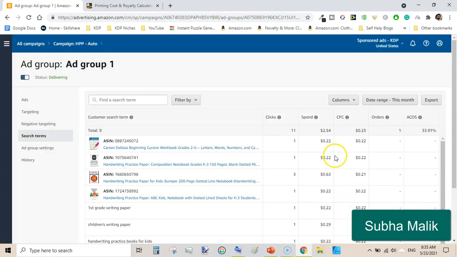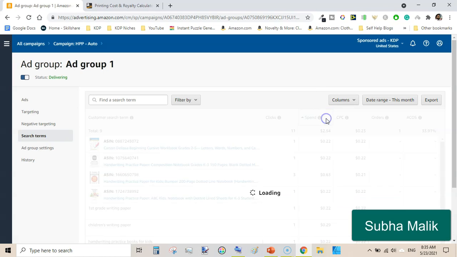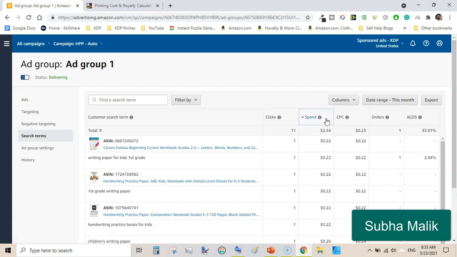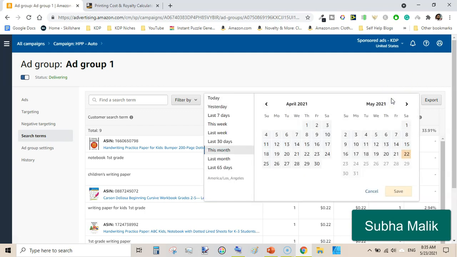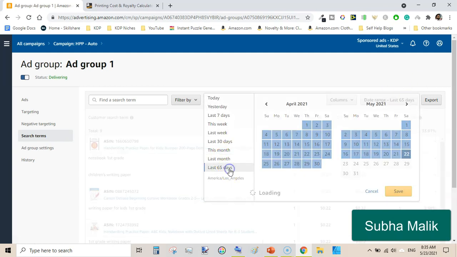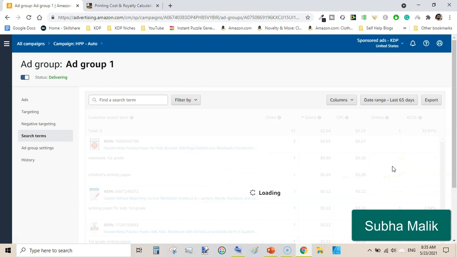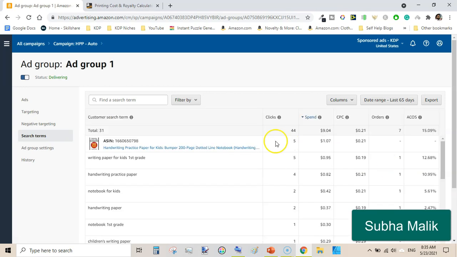So here I will click on spend in descending order, and I will note any keyword that is spending money but not making me sales. Just click on the last 65 days, and I will note any keyword or targeting that is not making me money.